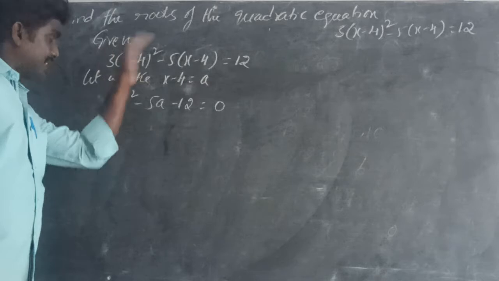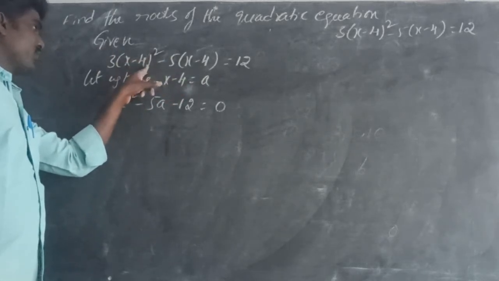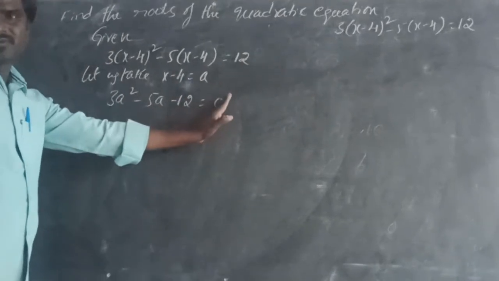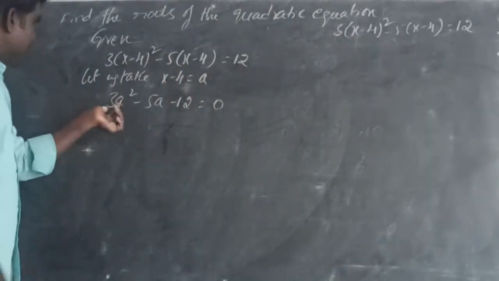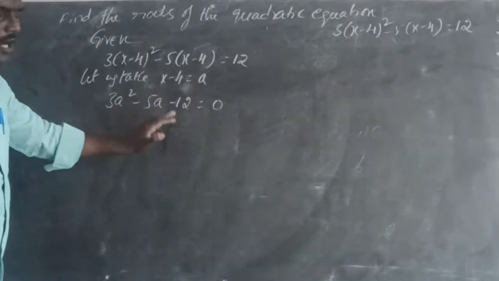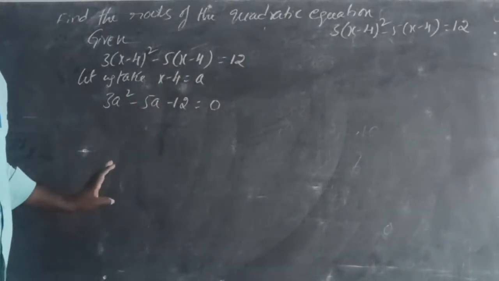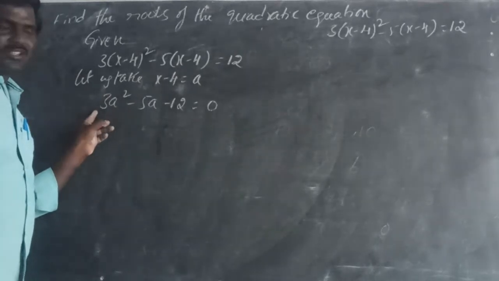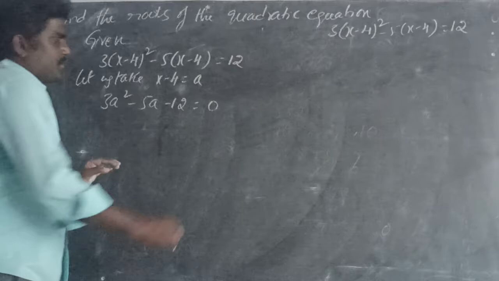Here we can do another process also: apply the (a - b)² formula, then simplify, and we get the quadratic equation. So here 3a² - 5a - 12 = 0. It is a non-algebraic-identity expression. How can we solve it? The a² coefficient is how much? 3. The constant is how much? 12. So 3 times 12